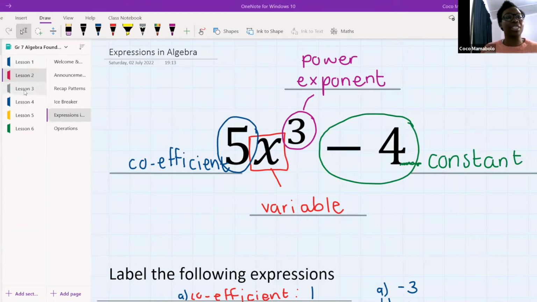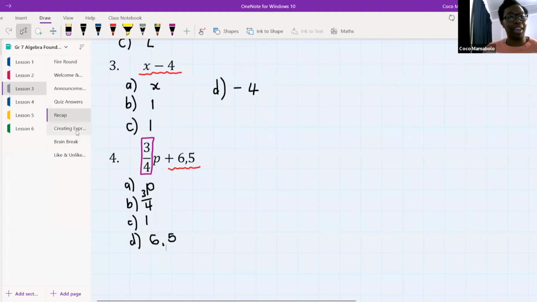Now we're going to step it up a little bit. We are going to start creating our own expressions. Nokwezi says, ma'am, I want to ask by number 4, is it 3p, p, then 3/4? No, Nokwezi, no. What I've done here is I've taken the whole coefficient and written it